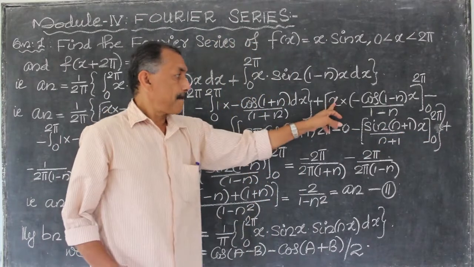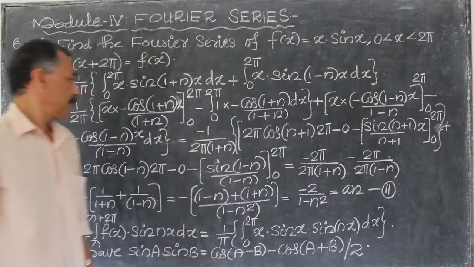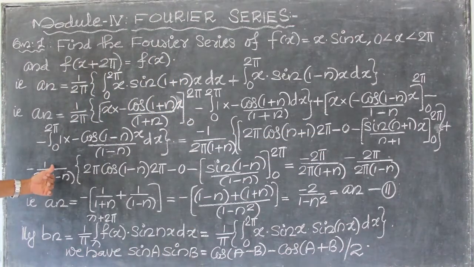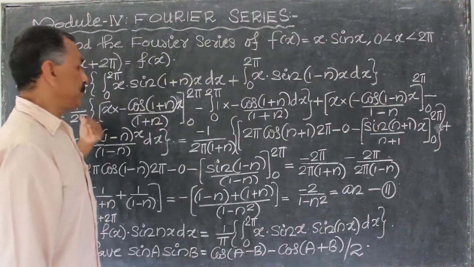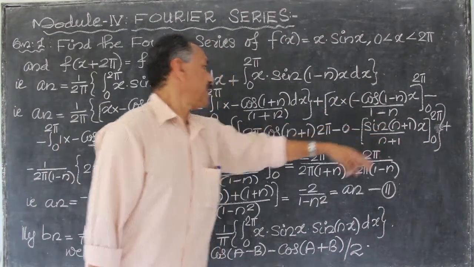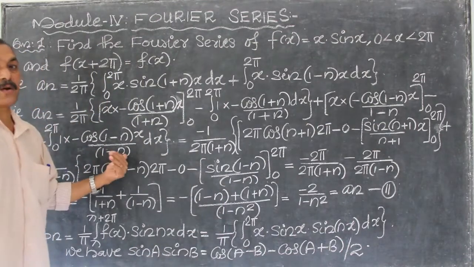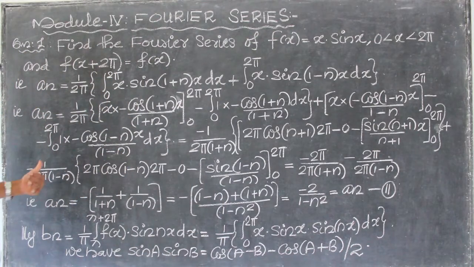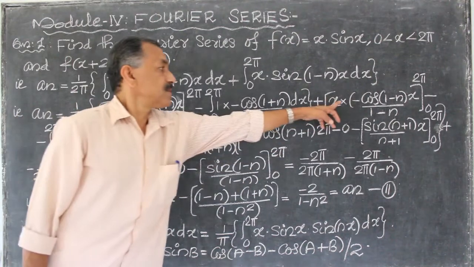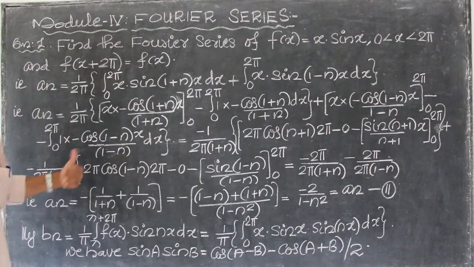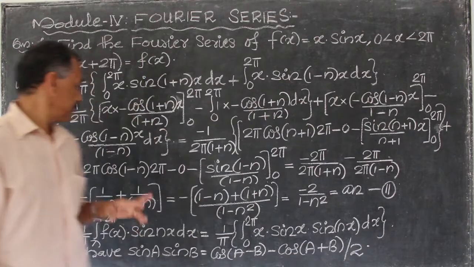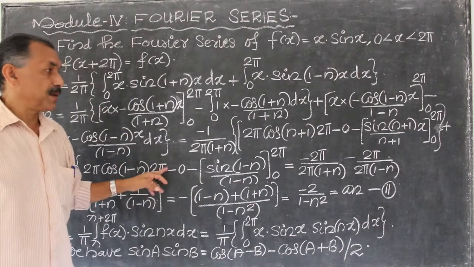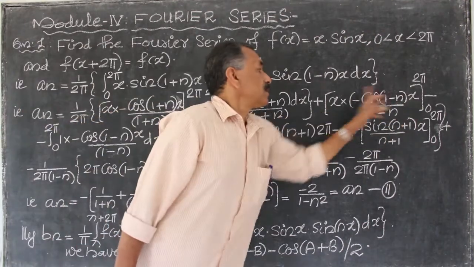Second, plus 1 divided by 2π common. What is here? 1 minus n. 1 minus n denominator common, 1 divided by 2π into (1 minus n). Minus outside. Upper limit apply: cos(1 minus n) into 2π minus x into value 0, x is 0,